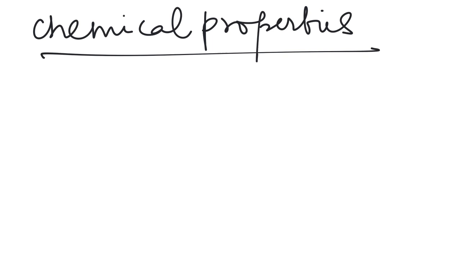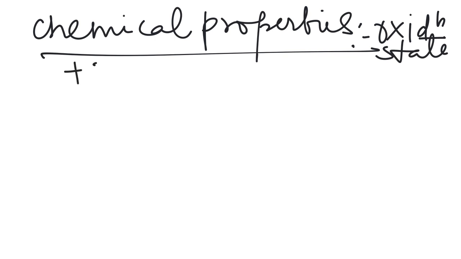So first we will see oxidation state. Mainly you find the oxidation states are plus 3, plus 5 or minus 3. Okay. So the oxidation state increases down the group when you go from top to bottom, that is, you know,